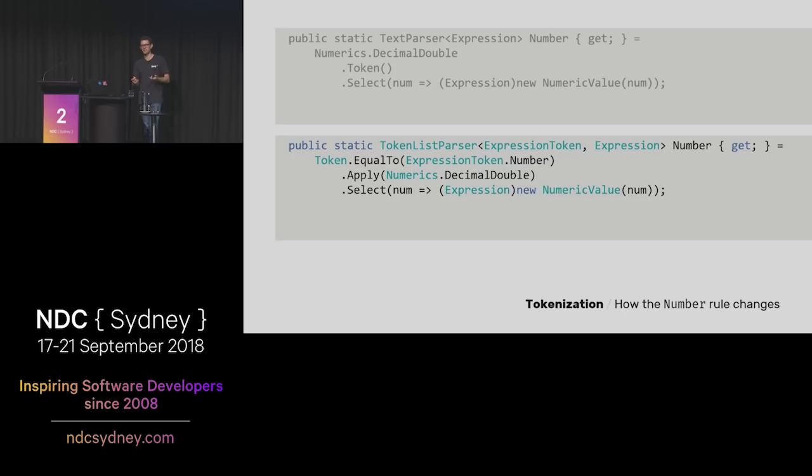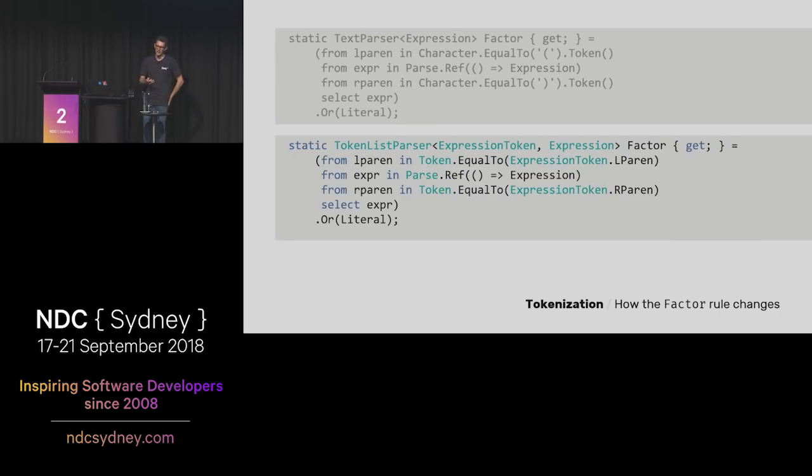Here we go and match a token of the kind ExpressionToken.Number. And then we take that value, apply some kind of text parser to it to generate some strongly typed thing, and then we turn that into the node that's going to go into our expression tree. But the transformation is pretty mechanical, and you can really start out with a text parser and move to a token parser, or I can't imagine you'd want to go the other way.